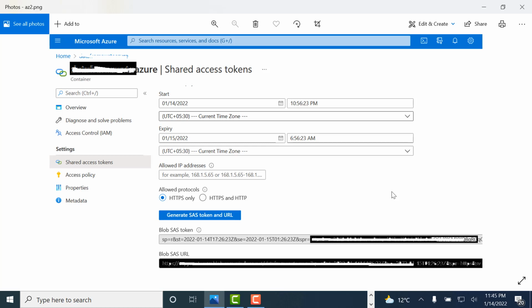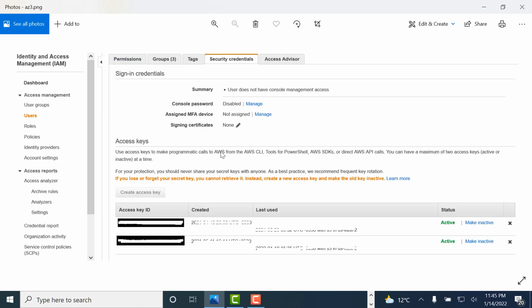And now the step is to get the access key and secret of the AWS account. So what are the steps to get those credentials? Let us see. Here you will need to log in to your AWS console and go to users, and from users click on the particular user you want to get access from.